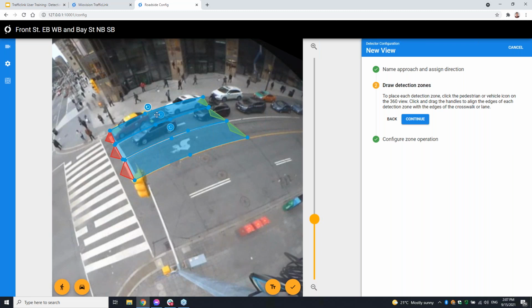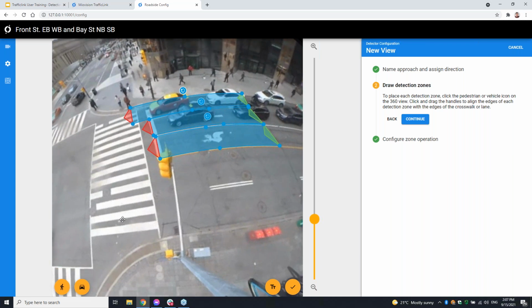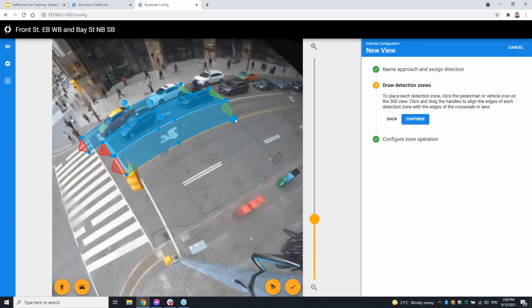Simple, just like that. So you should be able to get it up and running fairly quickly. After a few runs at it, under 30 minutes from start to finish is usually what we see technicians able to do. This is a right turn, so let's just for fun extend that out a little bit. So you can see how simple it is. You just need to understand how you want your intersection to operate: what is the expected zone size that I'm programming the controller for, or at least what I'm expecting for the outputs to be on phasing. Extend that out a little bit more.